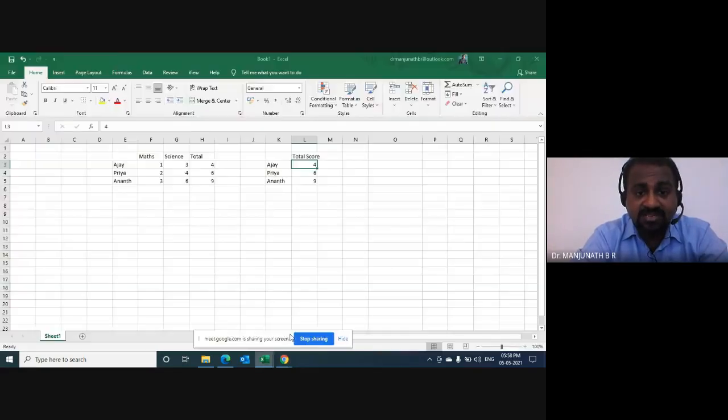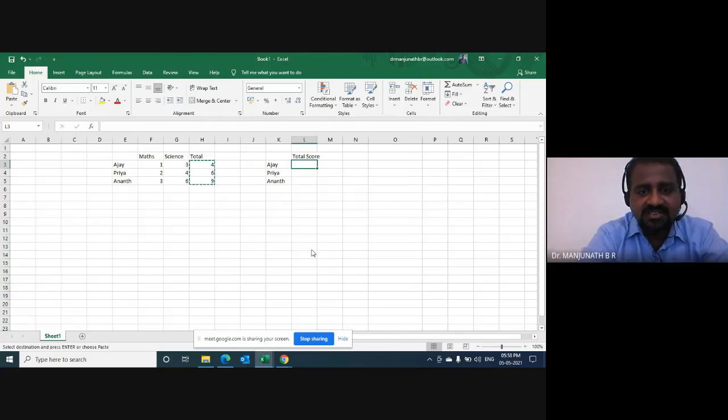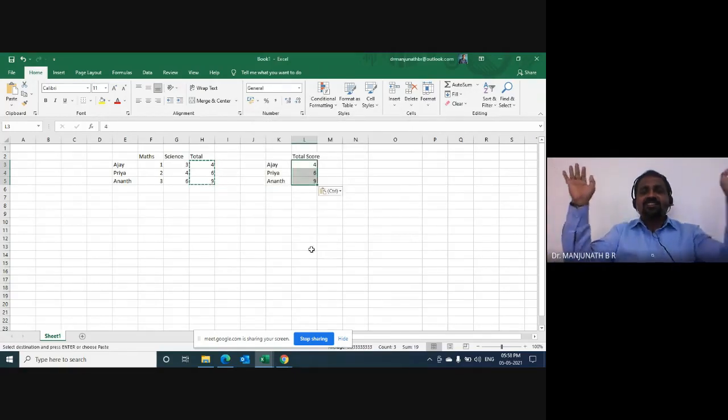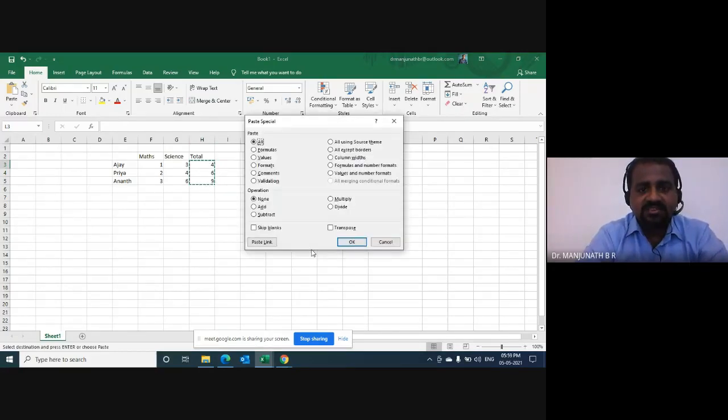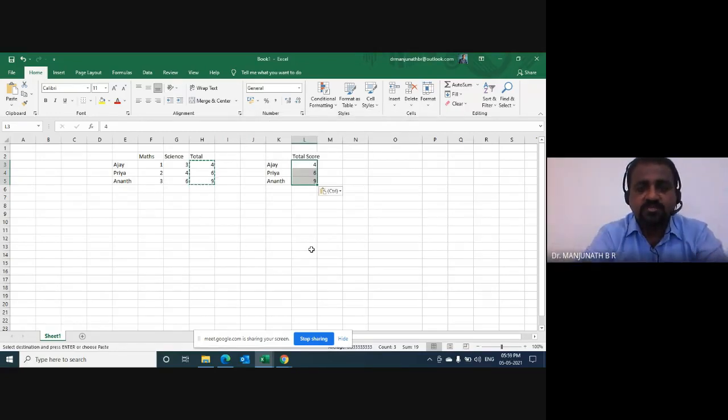Now let's do it together. I'll just delete these values. I select this 4, 6, 9, and then I do C. I just copied it, but I want the output here. First I want everybody to see my screen, and then I will train you how to get it done. 4, 5, 6, the total. I do Control C, and then I go to the total score here. I do something, and then I got the output. Now this is what you will be doing.